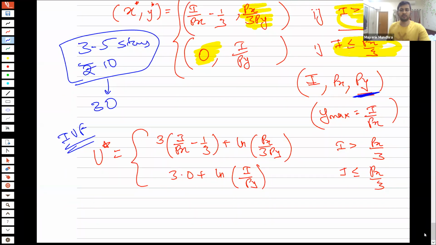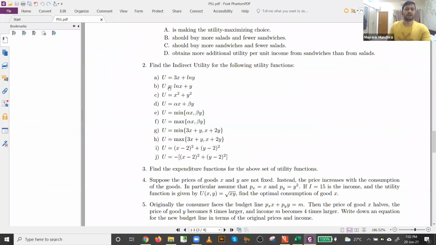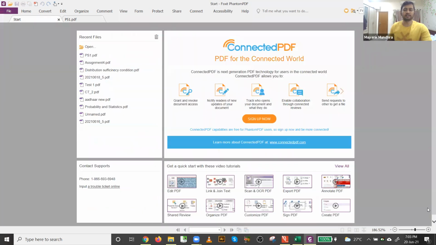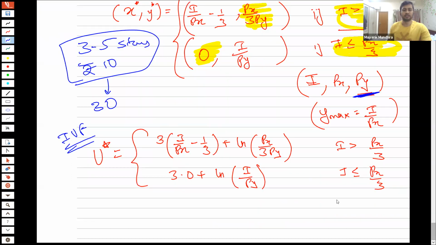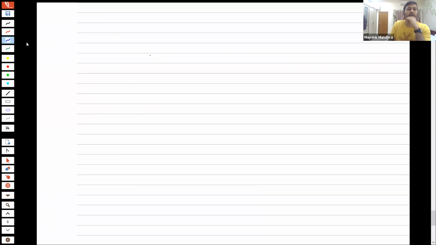So in the next class, I want you to draw some graphs of the ICs of these functions, this function and the next function. And we'll discuss the ICs of these functions. Let me take example D here. The rest of these are your homework. So we have looked at how to draw the indifference curves for these cases. Now you have to do utility maximization. So let's look at example D. D is alpha x plus beta y. That's the last thing we do for today.